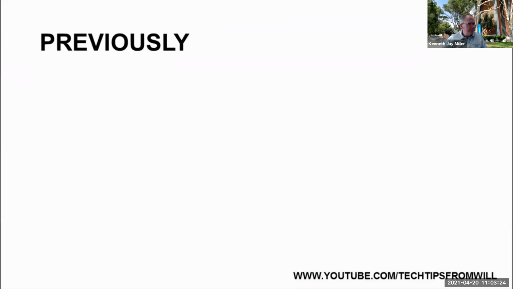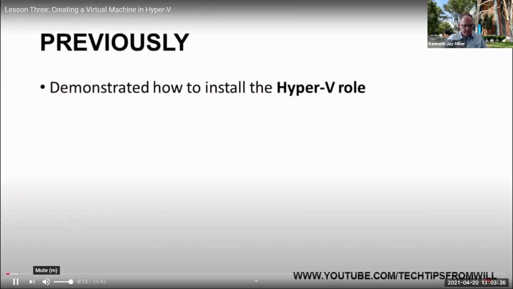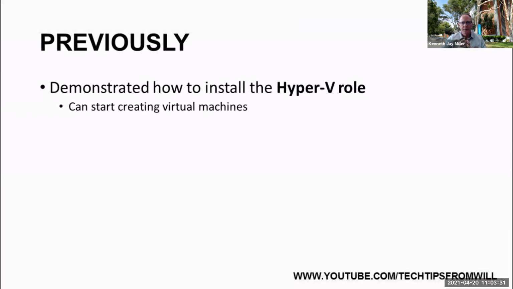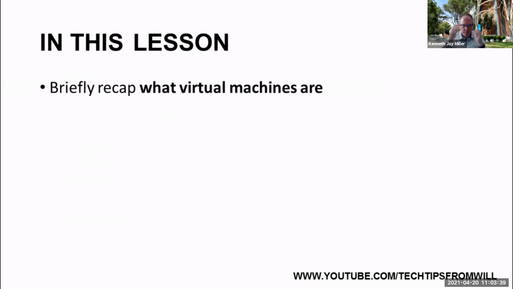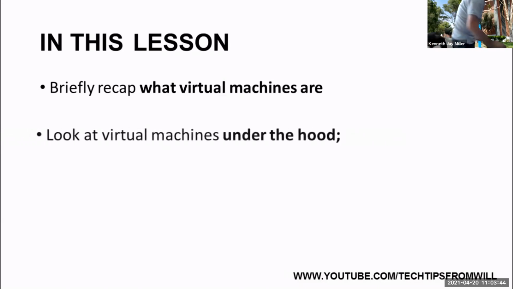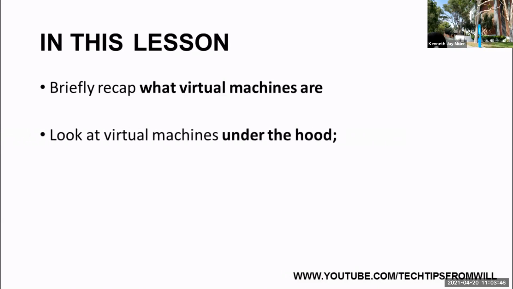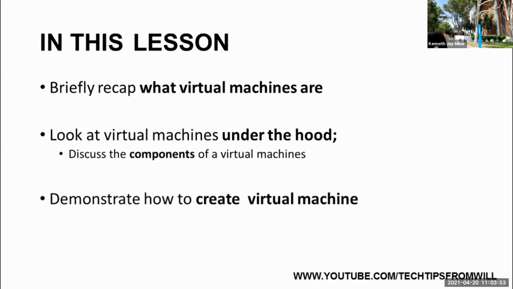In the last lesson, I demonstrated how to install the Hyper-V role. Now that the role is installed, we can start to create virtual machines on our Hyper-V host. In this lesson, I will provide a brief recap on what virtual machines are and how they work. Next, I will look at virtual machines under the hood and will discuss the different components that make up a virtual machine. And finally, I will demonstrate how to create a virtual machine on my Windows Server 2012 R2 Hyper-V